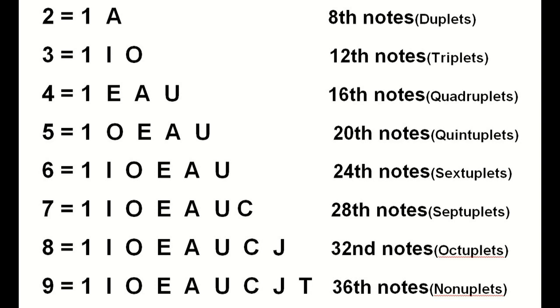I've kept the same Konnokol that's standard in most drumming methods of counting 16th notes or quadruplets, and that would be 1 E and A. So if we're counting a whole bar, 1 E and 2 E and 3 E and 4 E and 1 E and 2 E and 3 E and 4 E and relative to quintuplets or 20th notes, 1 O E